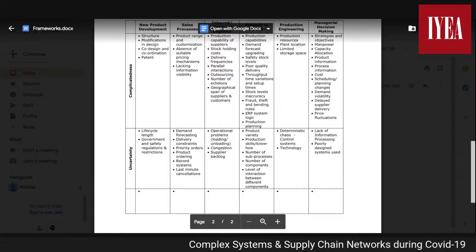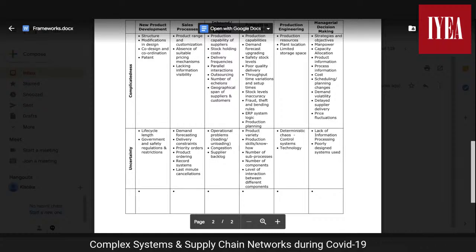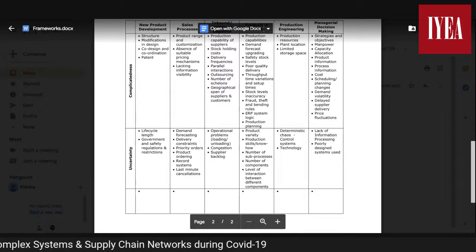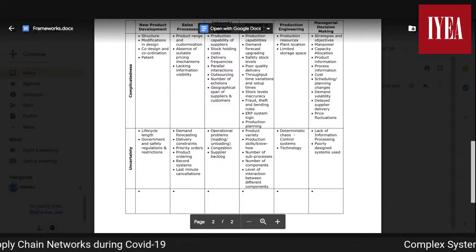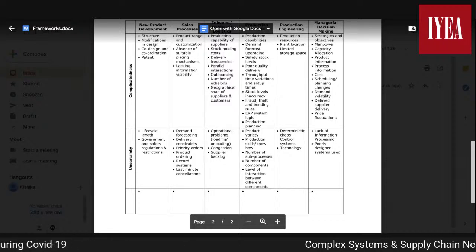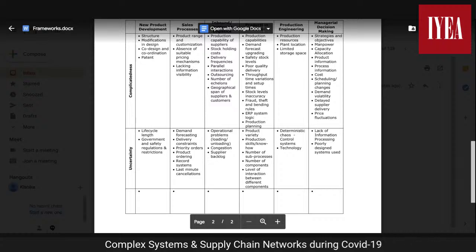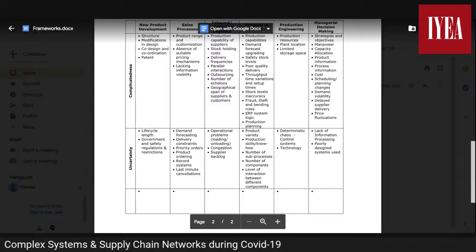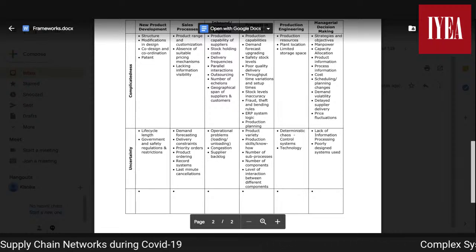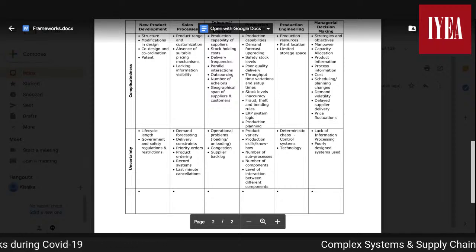So all of this causes a lot of chaos. And this, of course, leads to complexity. It leads to uncertainty. Another thing I would like to bring to notice is the scrap which is produced because of R&D, because of the first factor I've mentioned here, the new product development. Because of the R&D, a lot of scrap is produced, a lot of waste is produced, because sometimes a lot